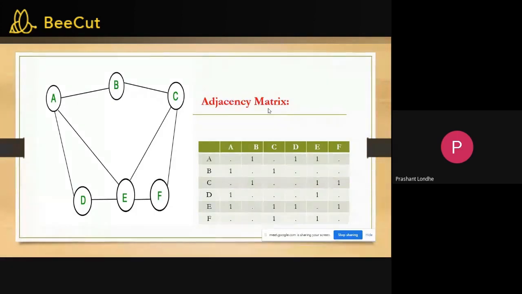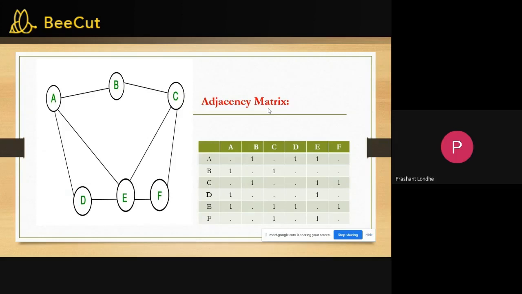Now, in this example, if you take A, A is connected to B, A is connected to D, and A is connected to E. But A is not connected to C, A is not connected to F. So you can say that A is adjacent to B, D, and E. But A is not adjacent to A, C, and F.